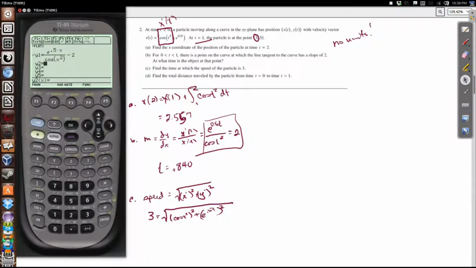So we're going to type in our equation again. I'm looking at the square root of stuff, and it's going to be stuff squared plus stuff squared, and now I need to fill in my stuff. This first stuff is going to be cosine of x squared, and I need to close that cosine function. And I'm going to do the exponential, so this is going to be e to the